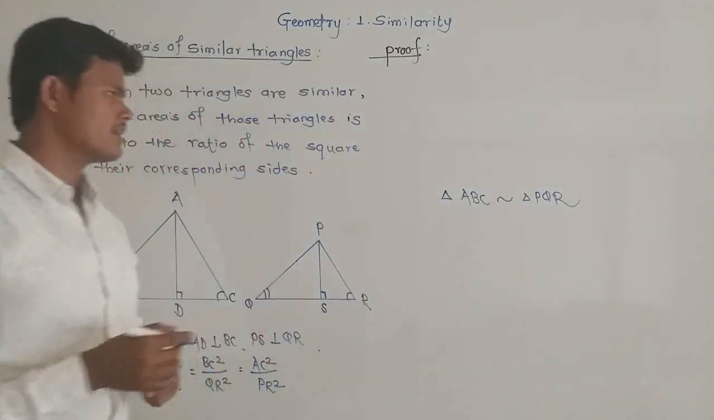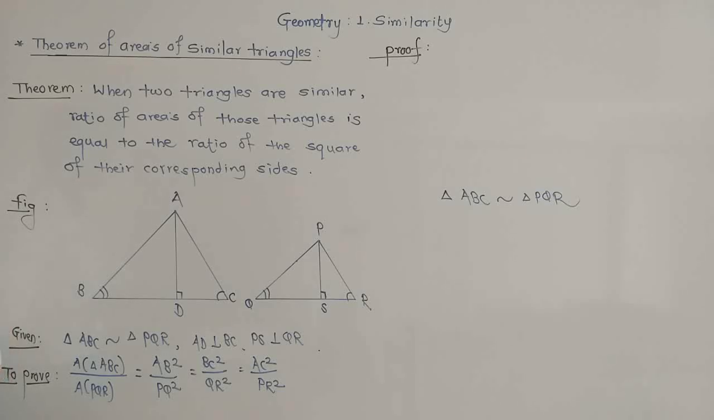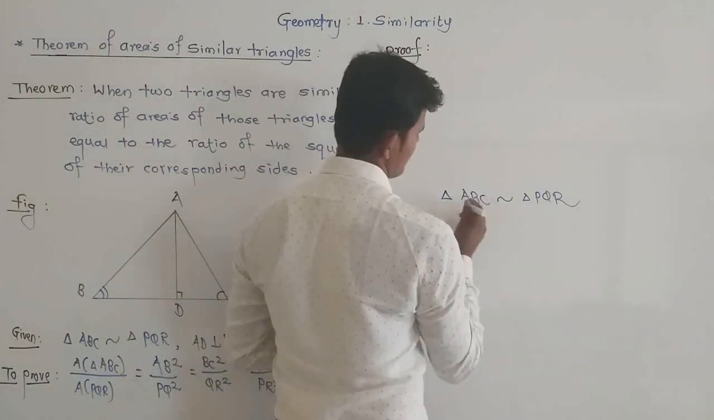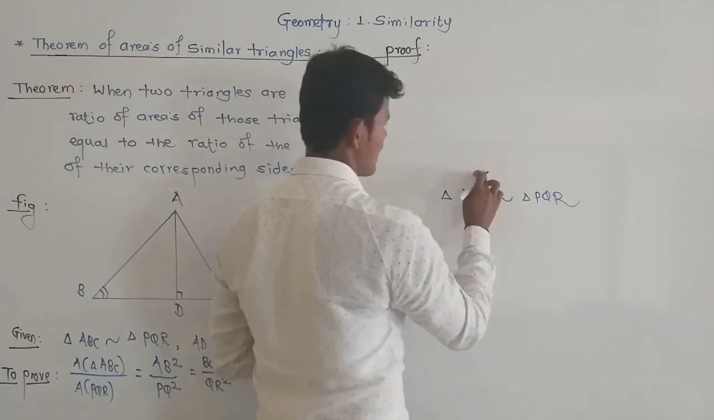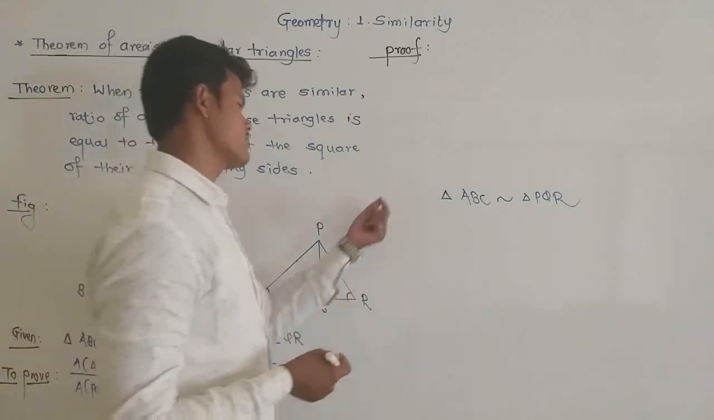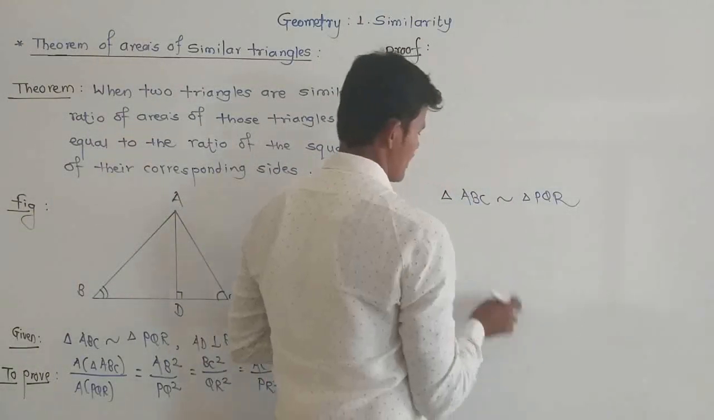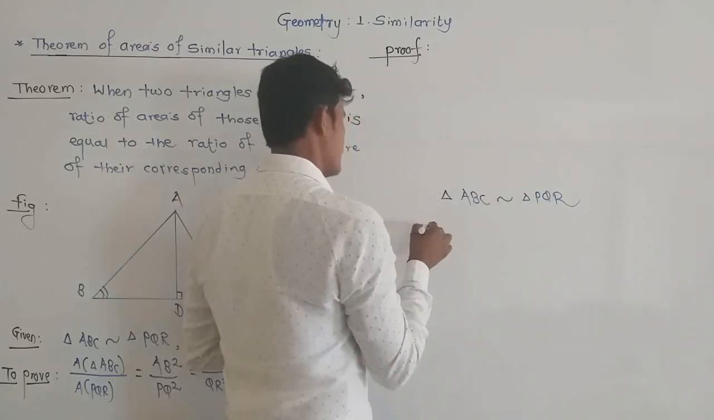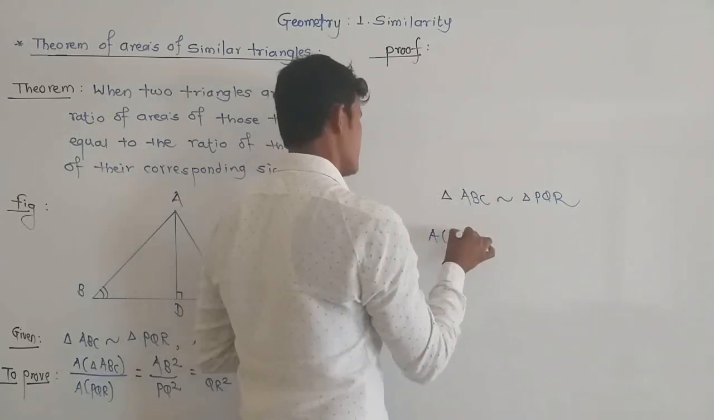What statement of the theorem has been given to us? When two triangles are similar, that is, when we are using the theorem of areas of similar triangles, if two triangles are similar, when this statement is given, then we use the theorem of areas of similar triangles. So when two triangles are similar, then the ratio of areas of the triangles,